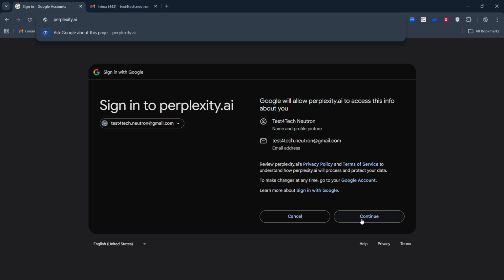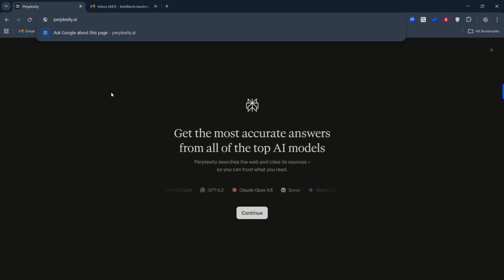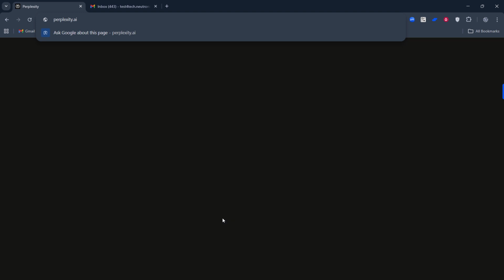If you select Google or Apple, a secure window may pop up asking you to confirm your account. Follow the prompts, and if your browser asks for permission to open a new window, allow it so the sign-in can complete smoothly. If you choose to continue with email, you'll be asked to enter your email address. Type it carefully, then submit.